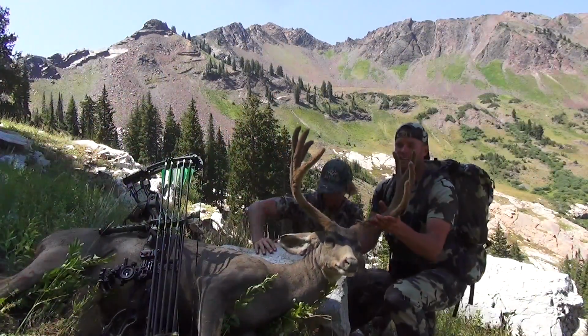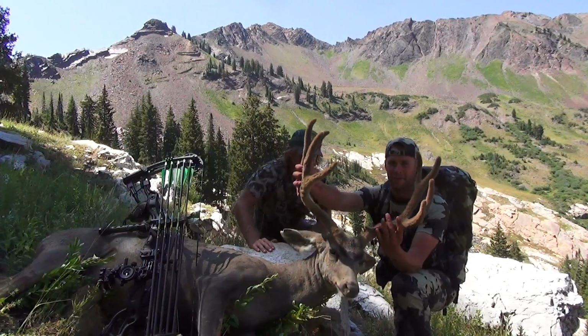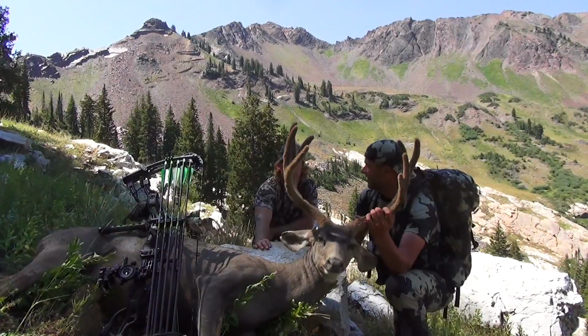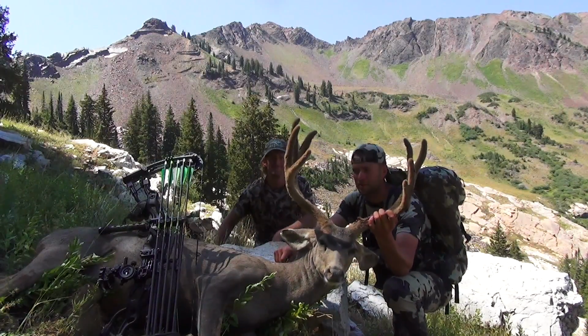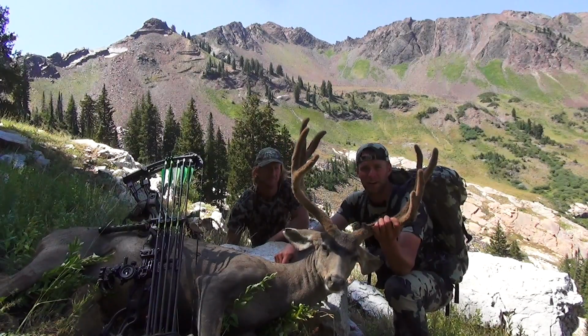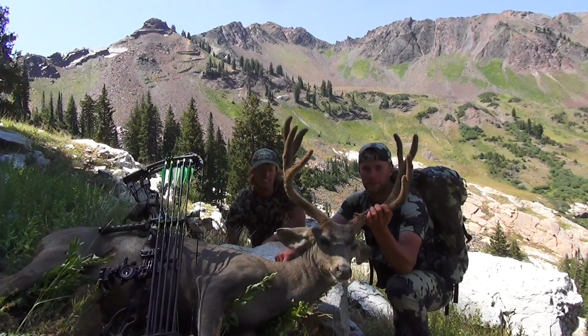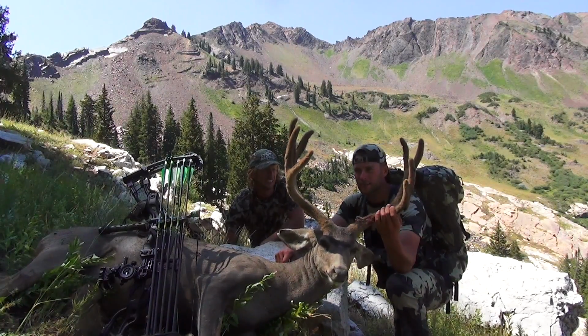Well, Tom and I got it done. Tom, my great brother, came along just to help pack and glass for me, and my first muley buck. Super excited. First muley buck with a bow. You know, it's not the biggest buck in the woods, but with a bow I'm super excited. Super thankful for the opportunity to be hunting here, and this is just a general tag in Utah, so we